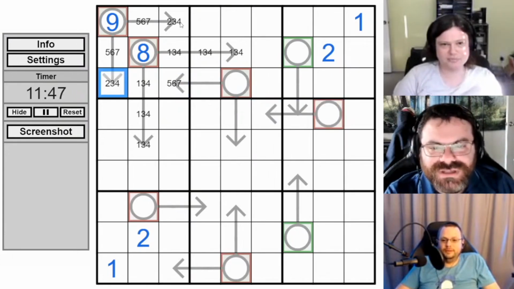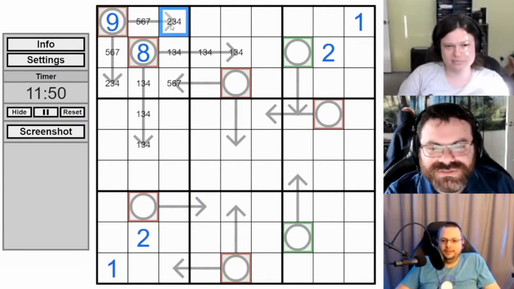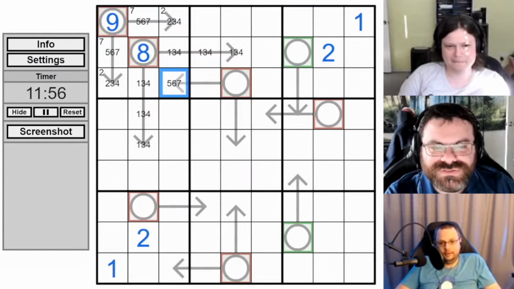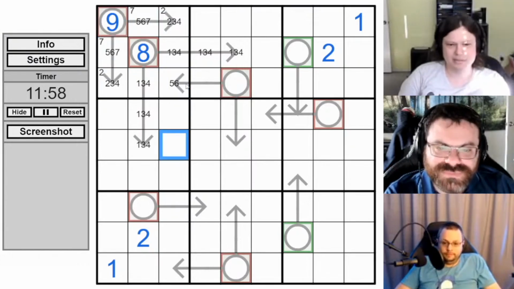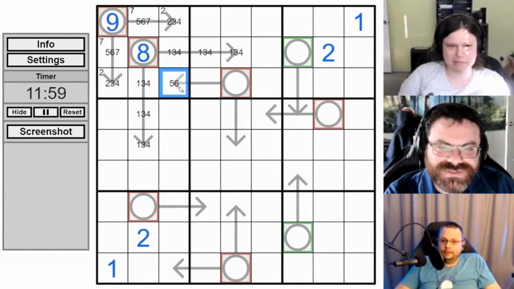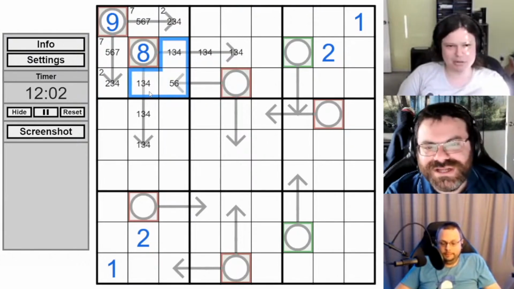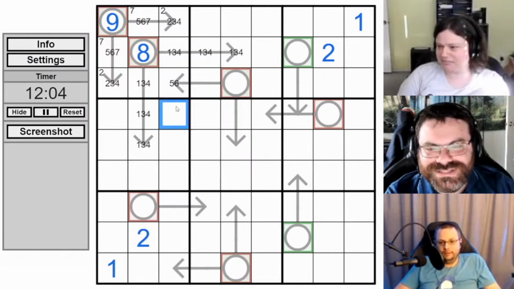Okay, here's my point. One of these is going to be a 2, because where else does 2 go in the box? So one of these is a 7. Good. One of these is 2, which means this is not 7. And there's the 5, 6. There's our 5, 6, without doing math. It's so easy to see. These add to 10, though.